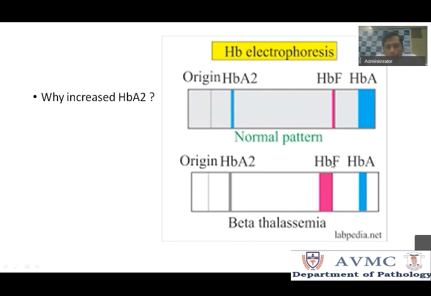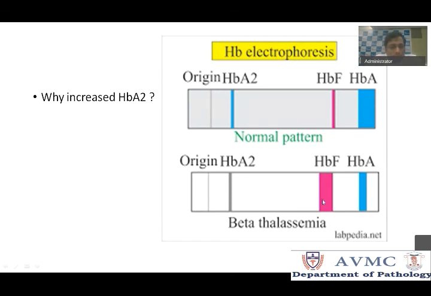The reason is, in beta thalassemia there will be no beta chains. That is why it is called beta thalassemia. So you have only alpha chains. For HbA, normal adult hemoglobin, you need alpha chains to pair up with beta chains. In case of beta thalassemia, you don't have beta chains. So the alpha chains will pair up with the other chain, which is the gamma chain. Alpha chain and gamma chain, when they pair together, form fetal hemoglobin. That is the reason why you have high fetal hemoglobin in beta thalassemias.